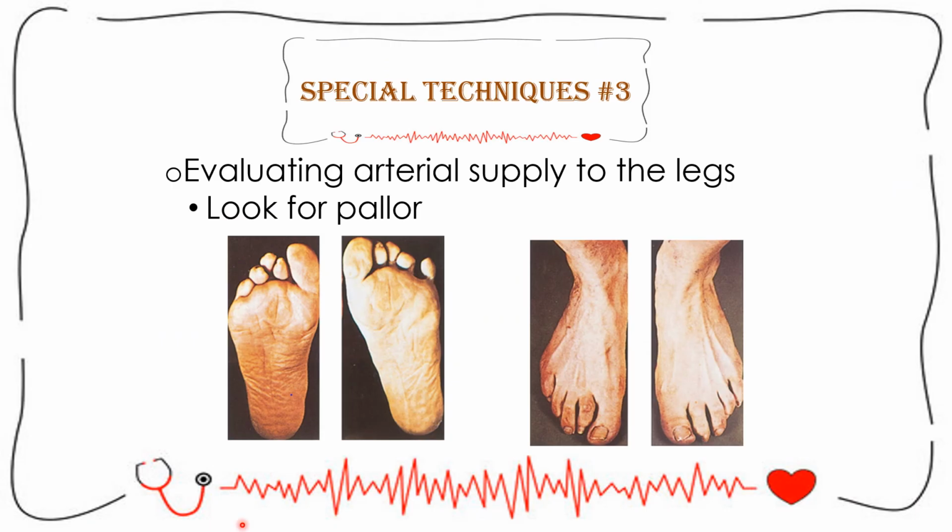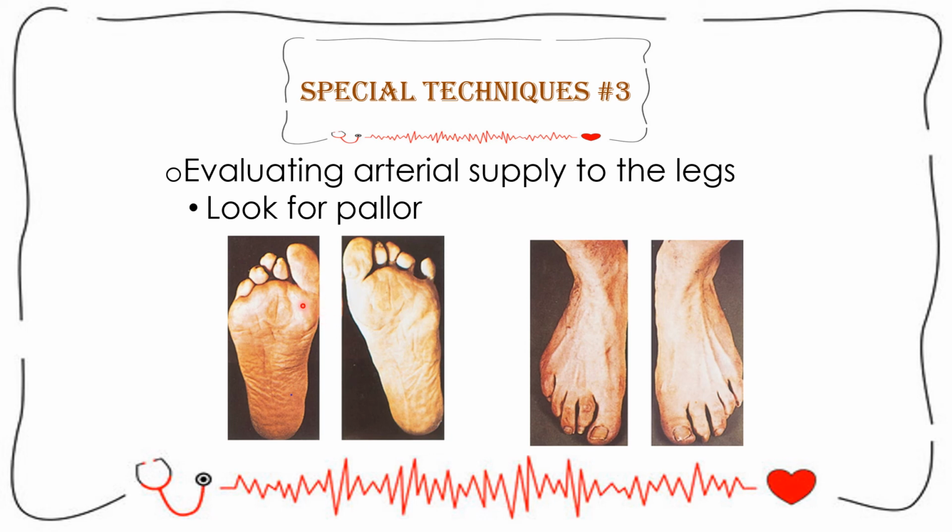So after evaluating the arms, now let us proceed to evaluating the arterial supply to the legs. If there is pain or diminished pulses, this could suggest arterial insufficiency. So you have to look for postural color changes. How to do this? You can ask the patient to lie down and then raise both legs to about